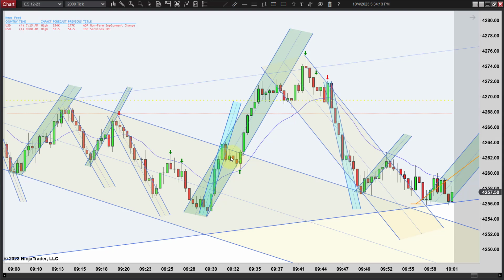And what happens with congestion is, even if prices don't rocket higher like this when they break out of it, congestion is nothing more than a miniature range, a micro range. And when prices break out of a range, what is our rule? All breakouts fail, even if only just temporarily, they fail. So you can get whipsawed by that failure. And you see right here, it breaks out of congestion, fails, and whips right back up and would have stopped